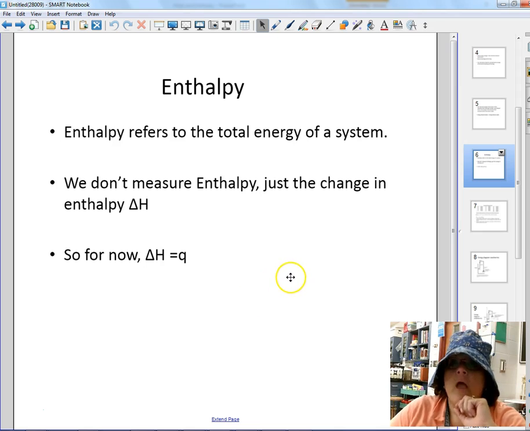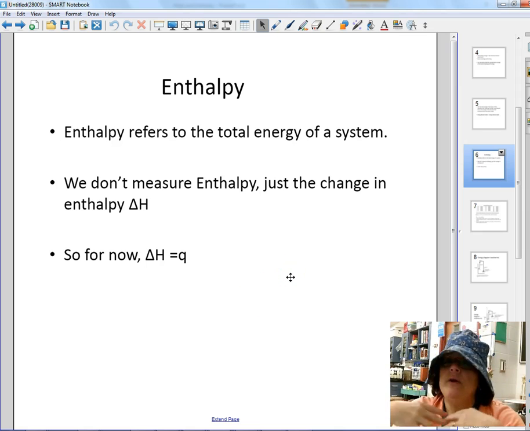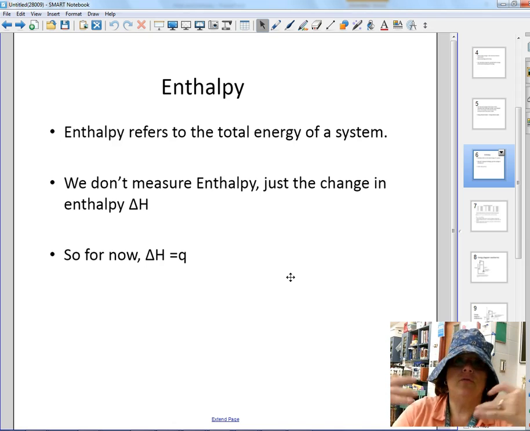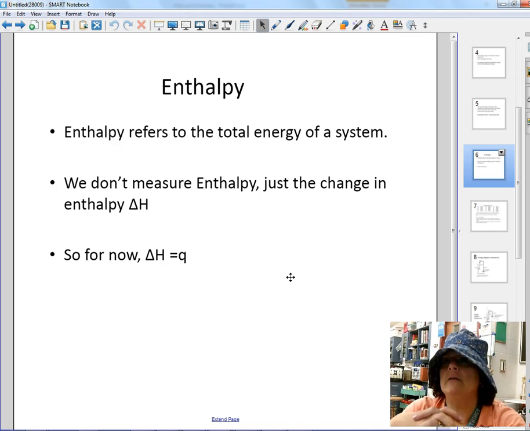We use the term enthalpy, though, instead of heat. Enthalpy is actually talking about the total energy of a system, not just the particle movement. It takes into consideration pressure and volume. We aren't going to worry about that because we're going to assume everything we do is at constant pressure and volume. So for now, our enthalpy, which is represented by an H,